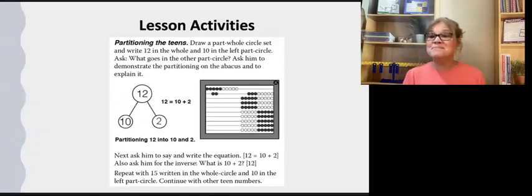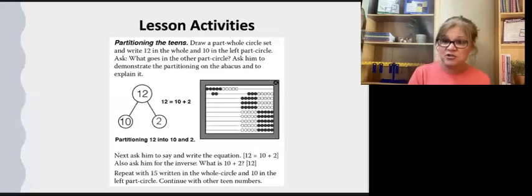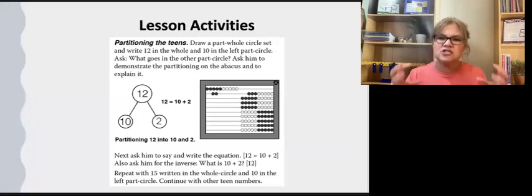For this particular lesson, I would do as many teen numbers as needed until I saw my child demonstrating proficiency in that skill. I might even review 13 and then 15 and then 17 and go back to 13, whatever it takes for my child to really grasp a hold of that.